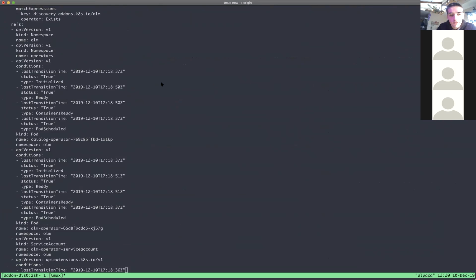I am. Thank you. So yeah, like I said, right now this is using unstructured to basically unmarshal the conditions from the raw JSON into something that we expect. There was some stuff in the proposal that is also linked on this repository that talks about potentially having some sort of JSON path selector over a set of fields in a resource that we could then map back to a condition, which I think would be a pretty cool thing to do.